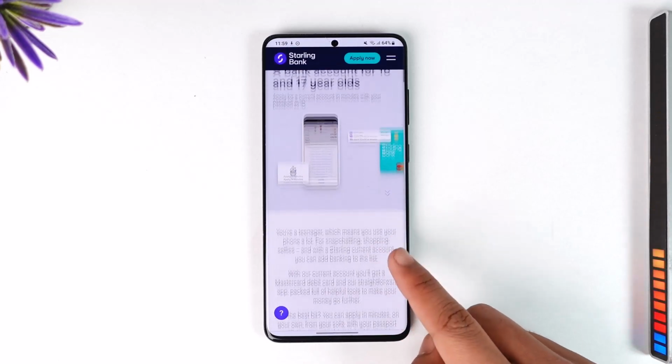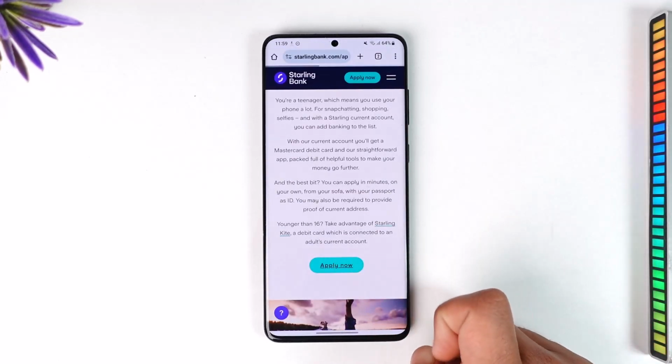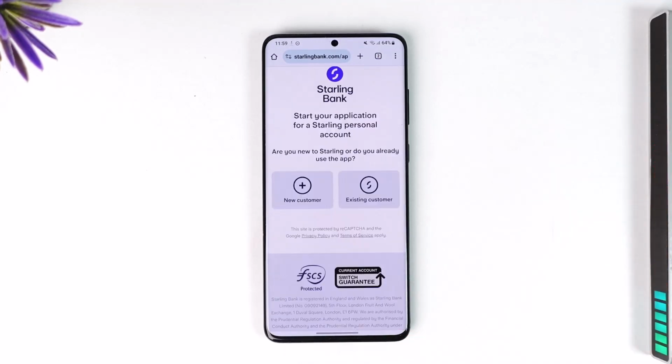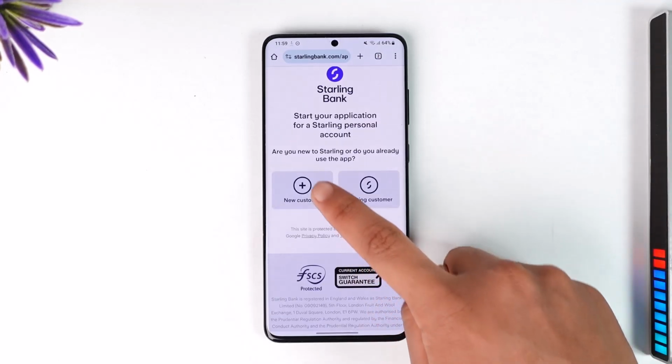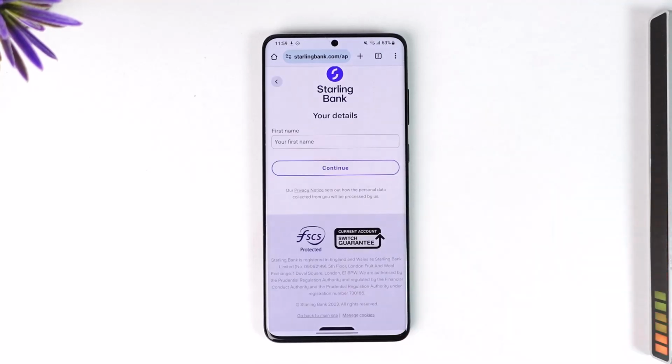for 16 and 17-year-olds. If you want to create one, just tap the apply now option over here, and after you tap on the apply now option, you will be able to select a new customer option. So select new customer because we are new to it, and then just tap the continue option again, and then